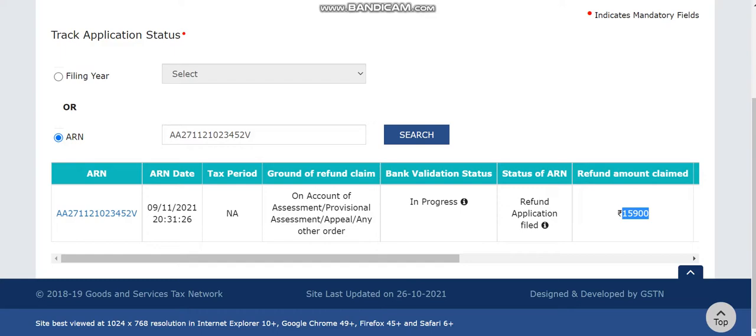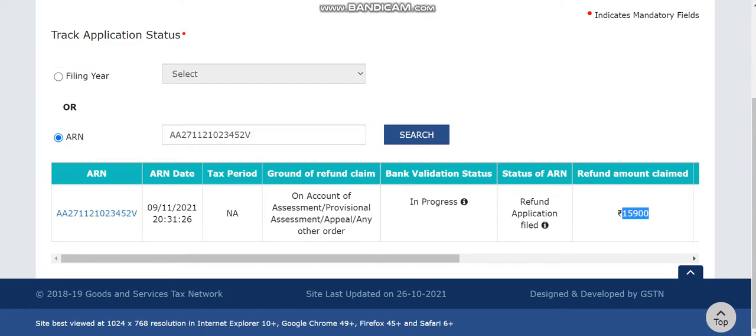The same thing you can do for any other application also, but the only additional thing is the Excel utility where you have to add all the invoice related details, and the system will validate whether what you have entered matches what you gave at the time of filing the return. Once it is matched, only then will the system allow. So it's a simple process made by GSTN, where whatever you are doing, the system itself is validating, and you can then file the application.